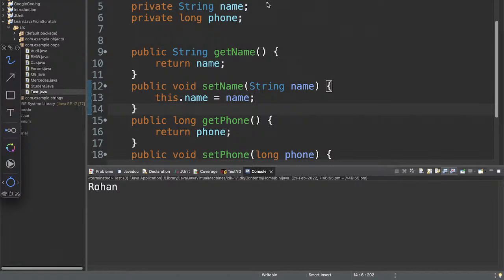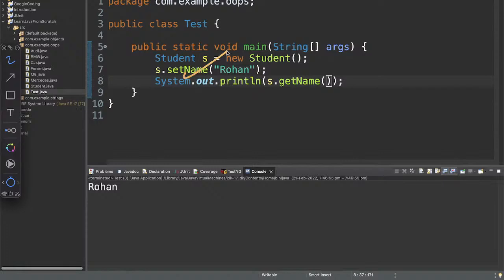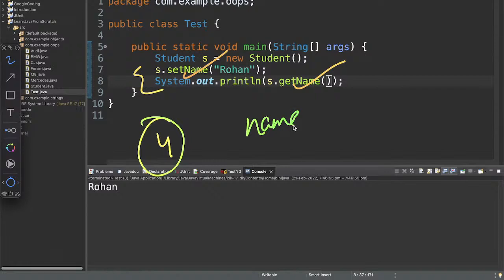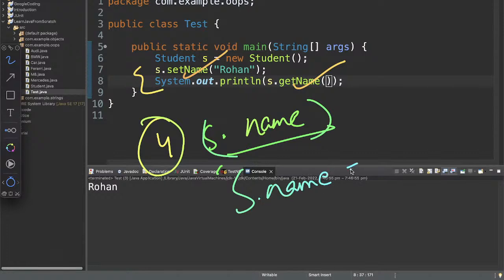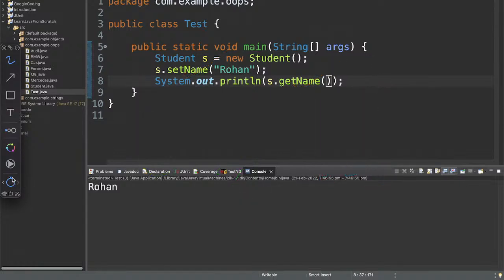Now the question is, my test class can easily set the name as well and can easily get the name as well. That doesn't make any changes. You just wrote a few extra lines of code. Previously it was also the same, correct? Again, this works the same way. So why have I created the getters and setters? Your point is correct. So the first point that I will tell you is, previously when I was saying s.name,